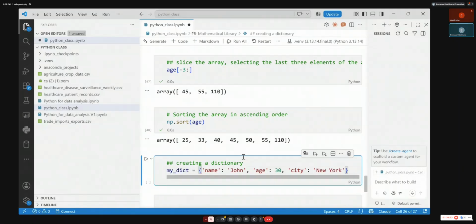You give it a name. This is a name. You can even call it anything else. But now you need to specify the key and the value. So the name is John, the age is this, the city is this. So you create key and values, key and values. In this instance, the key is name, the value is John. Here the key is age, the value is 30. Here the key is city, the value is New York. So now we have a dictionary of just one value: John, who is 30 from New York.